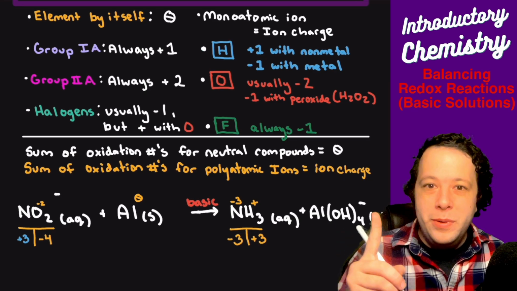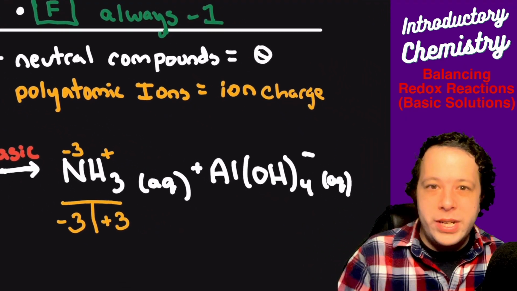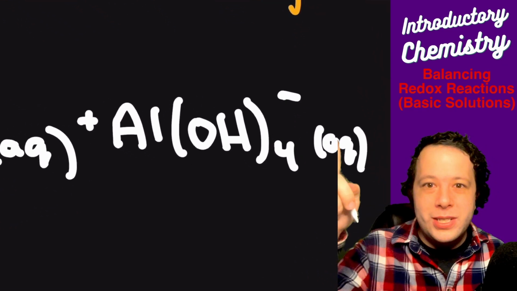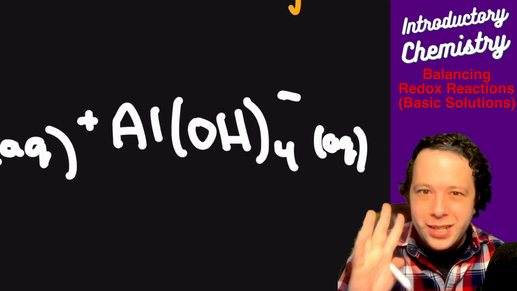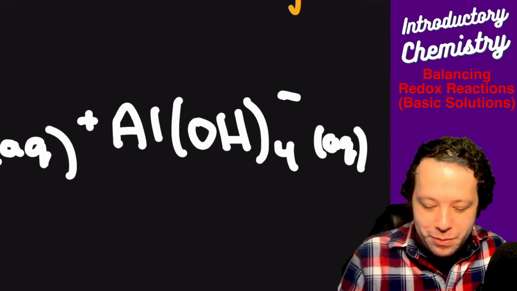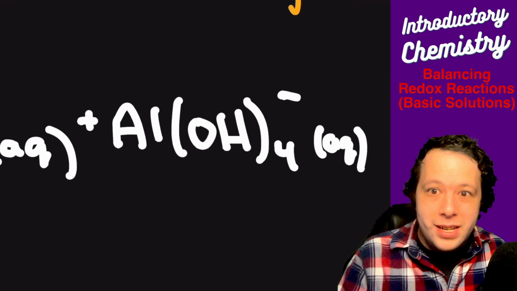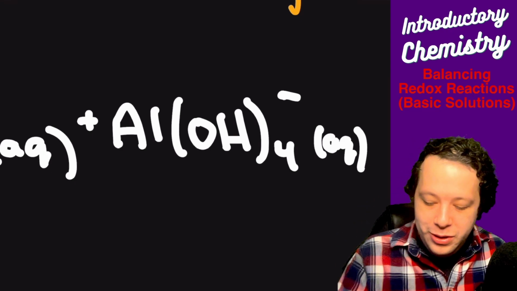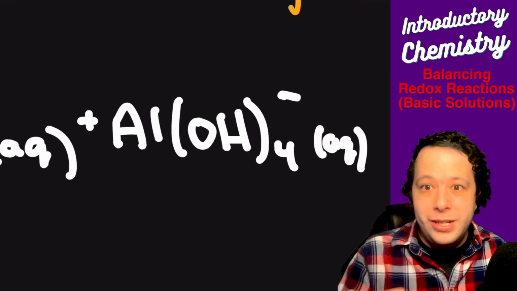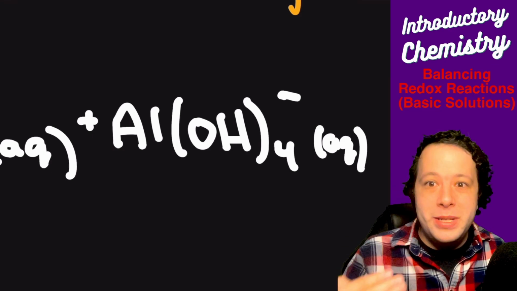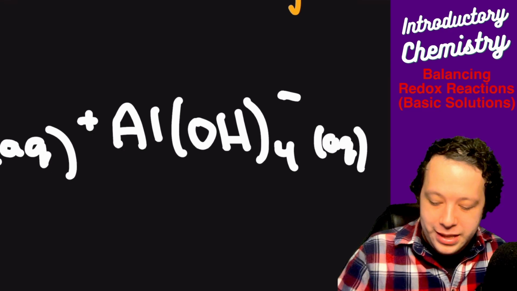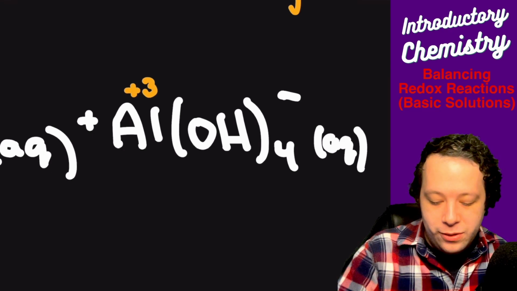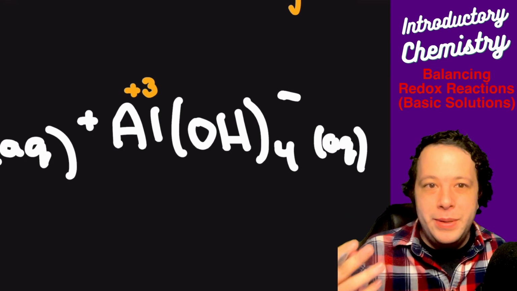Now with this one, the aluminum hydroxide, this one's a little bit trickier, being that we have a polyatomic bound to this, and then we also have the overall charge too. So we've got to keep everything in mind while doing this. Hydroxide in its own right is -1. The way we can view this is that there's 4 hydroxides, right? Each one of them is -1, meaning that aluminum is going to have a +3, being that every single hydroxide, OH, is going to be -1.